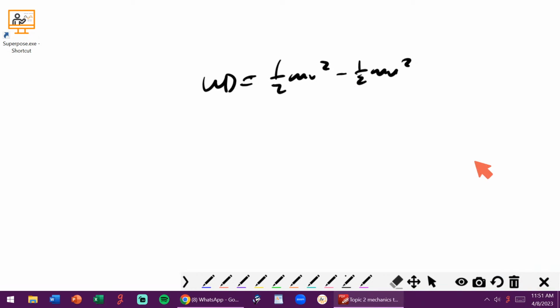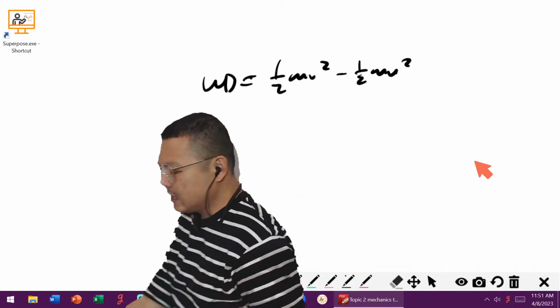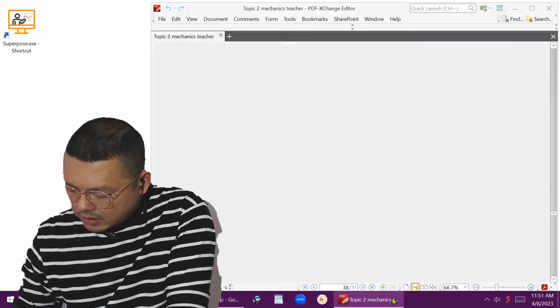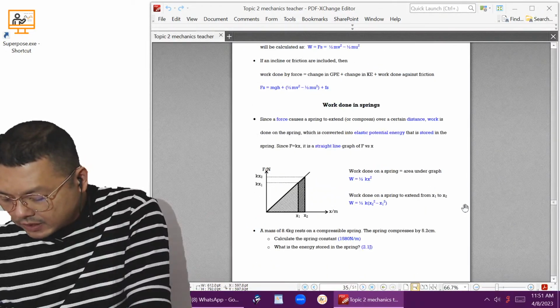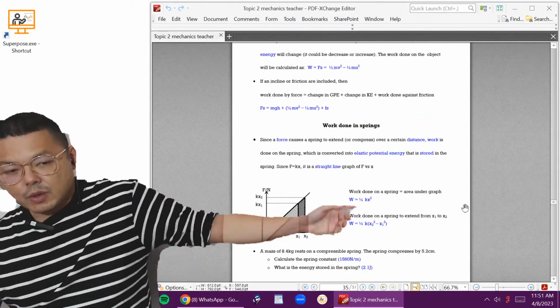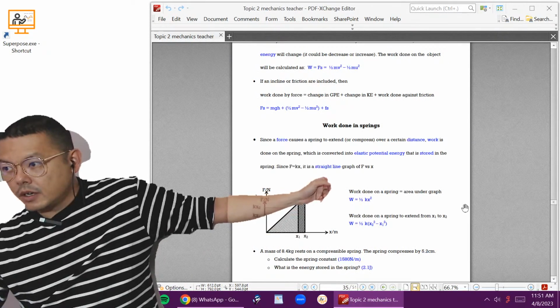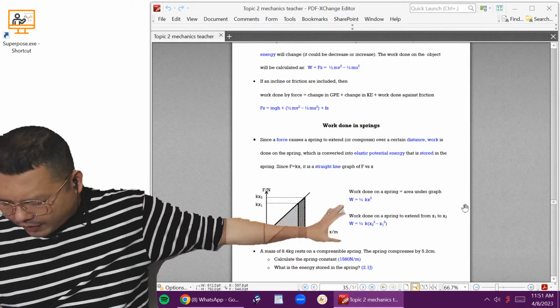Okay. Oh, and then I did the angle also, Fs cosine theta, right? Component of the force, right? Okay, I've done all that already. So what am I doing now? I've done a bit of work, energy, power already. Did I do the work done in springs? Not yet. Okay, hang on, but before I go into this one,